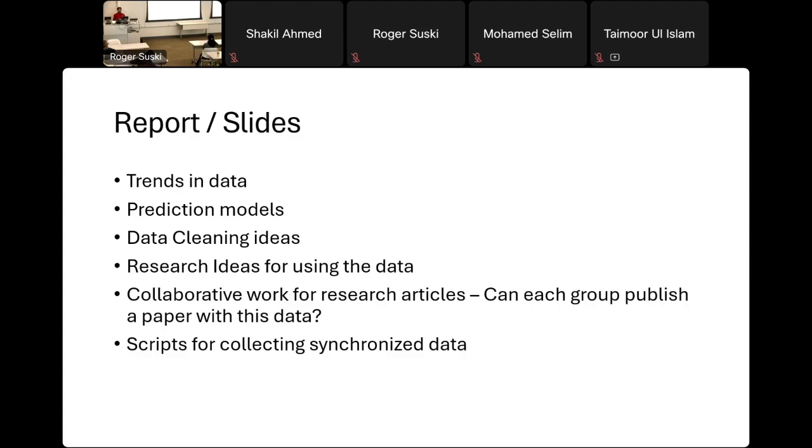So at the end of the AraThon, what's expected is to identify those trends and suggest prediction models, like whether the system behavior can be predicted. We are providing all the ideas on the data itself, not the ideas, but the